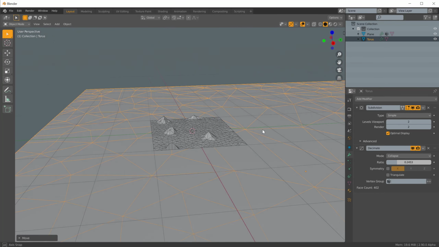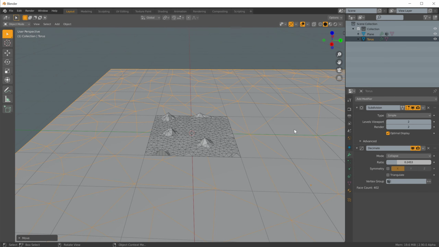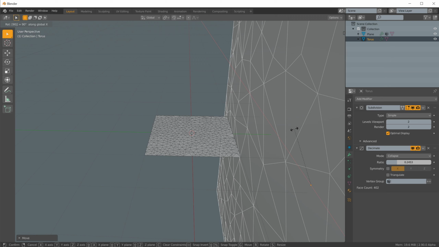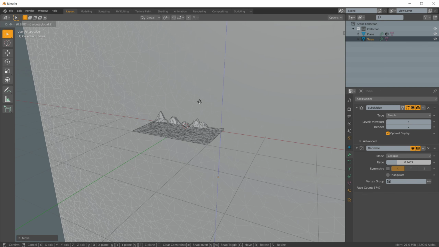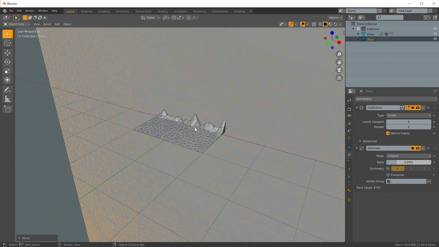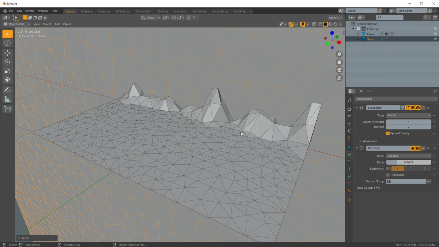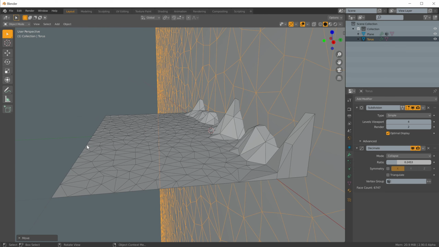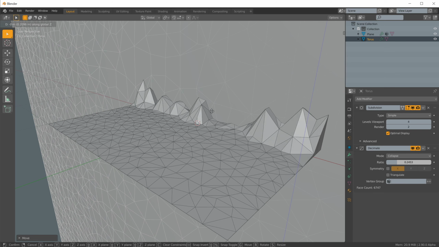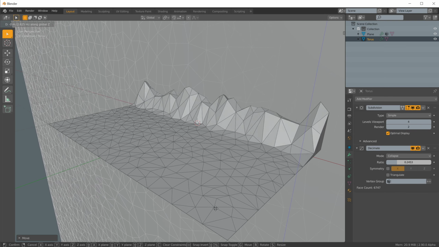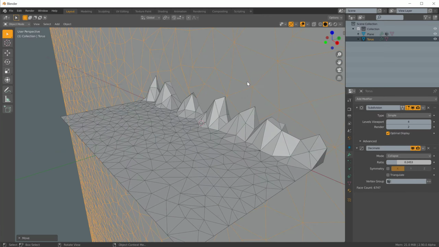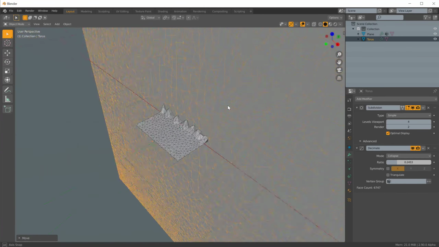So what I want is to have something like this. You see, when I have this motion orthogonal to our original plane, we cannot tell that it moves in any particular direction. It feels really random, but I'm not sure how to get